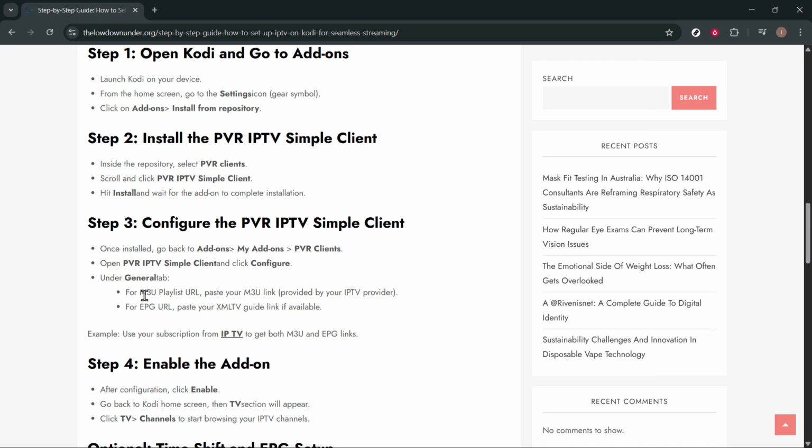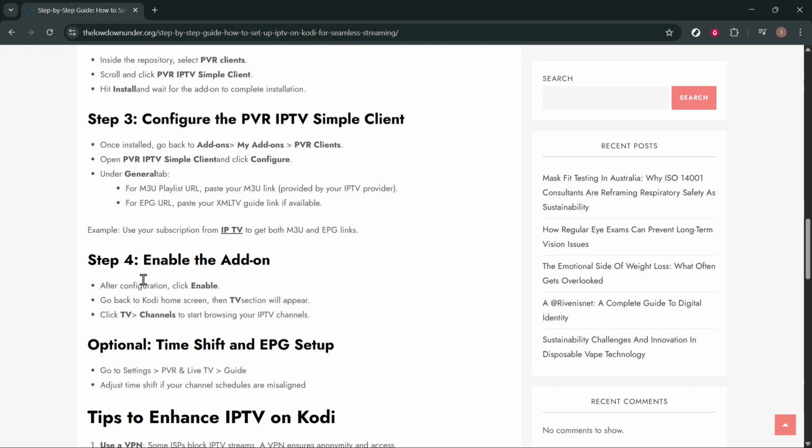Under General tab, for M3U playlist URL, paste your M3U link. For EPG URL, paste your XML TV guide link if available. Now enable the add-on. After configuration, click on enable, go back to Kodi home screen, and then the TV selection